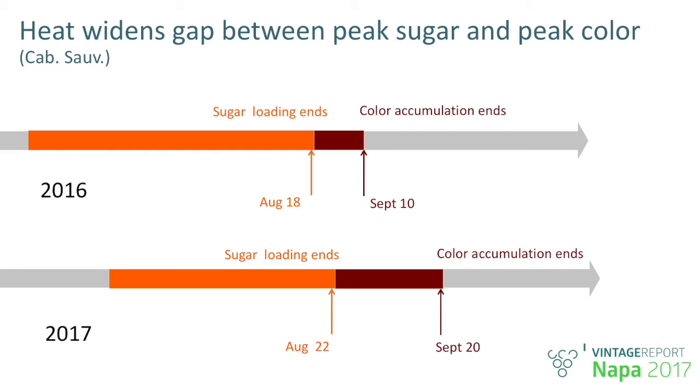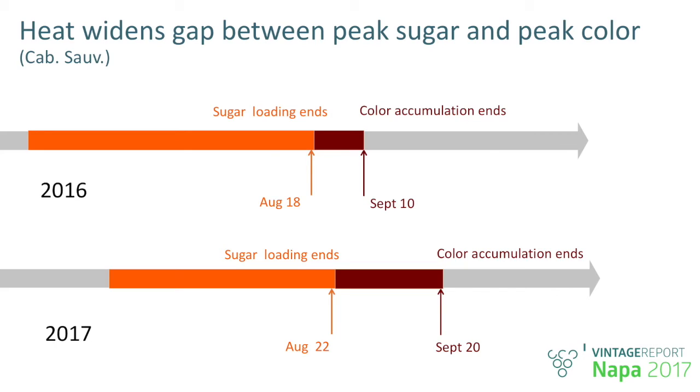varietals have different sensitivity, susceptibility to heat, which will explain why in the future with global warming, we should expect a greater scattering, more contrast, in response to heat wave due to varietal-specific affinity to survive heat wave or delay their maturation patterns. In practical terms, what it means is that if on the time axis here I have put the time axis of 2016 and the time axis of 2017, you see in orange the duration of sugar loading described by Nicolas. And you see that on August 18, the sugar loading had ended.